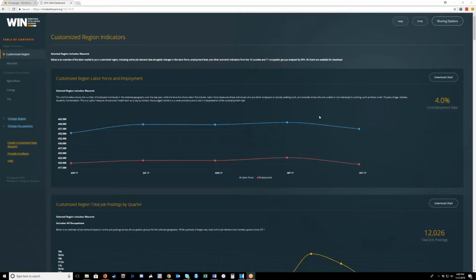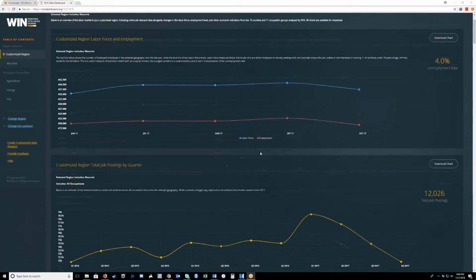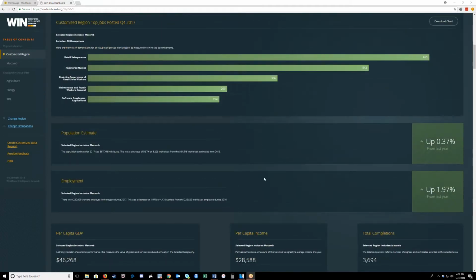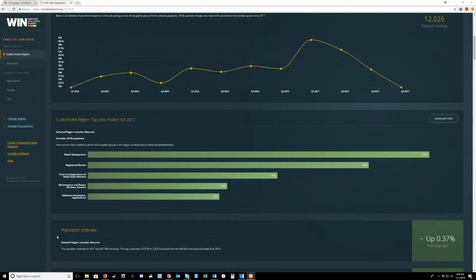We know all the data we should expect to see from the first example, but let's take a look and see that we have all the data we need. As in our previous example, the first batch of data and graphics show us information for the entire area we selected: the employment and labor force in Macomb, how many job postings there are in the area, as well as how many job postings over time there have been, the top jobs, and the other economic indicators. As well, you may have noticed that in the top jobs, registered nurses is one of our top jobs, although we did not select healthcare.